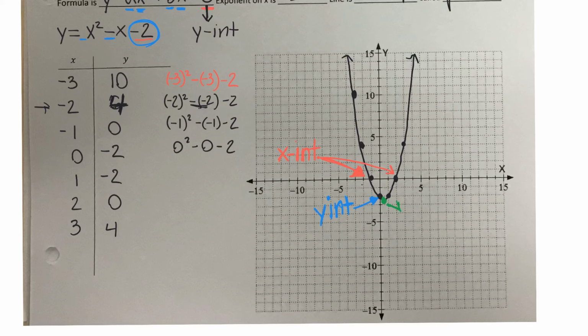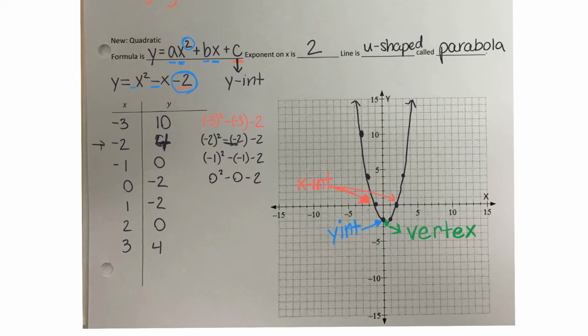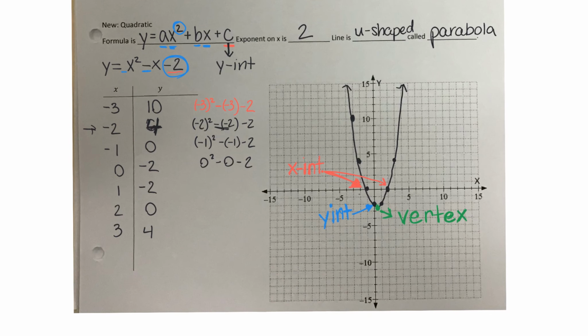And it's at the very bottom, and it is called the vertex. So the vertex is either the very top of our graph, or in this case, the very bottom of our graph. So every time we look at a quadratic function, we will be looking for these three things: the x-intercept, the